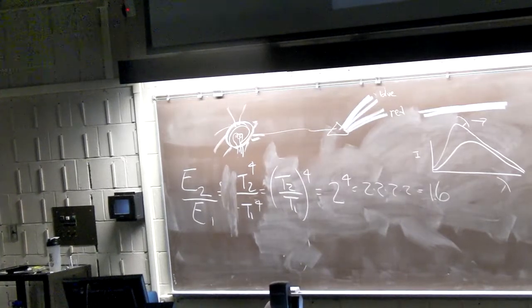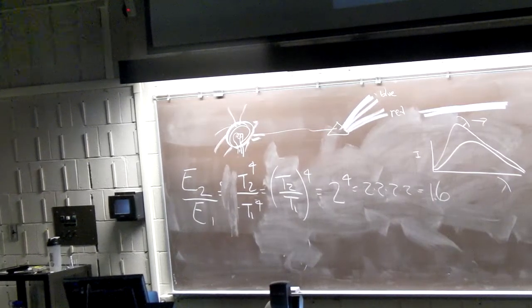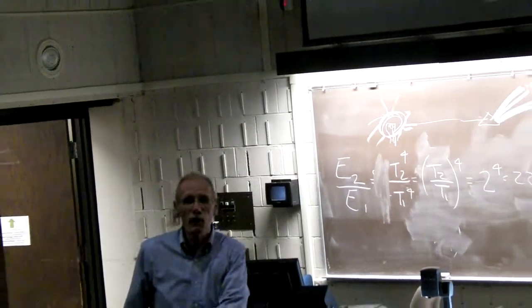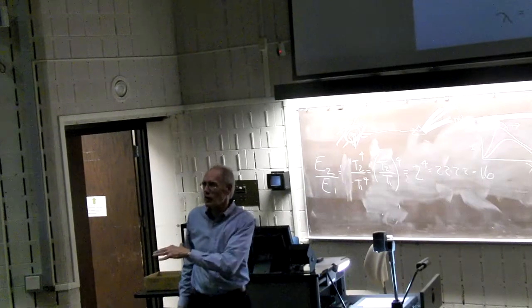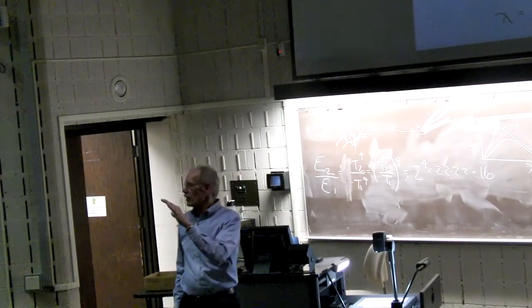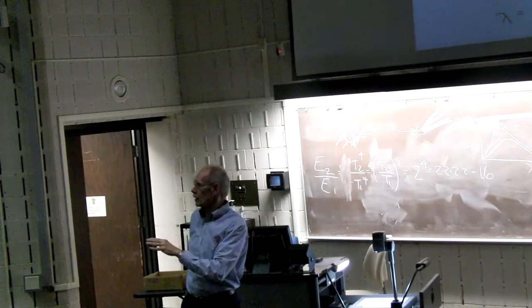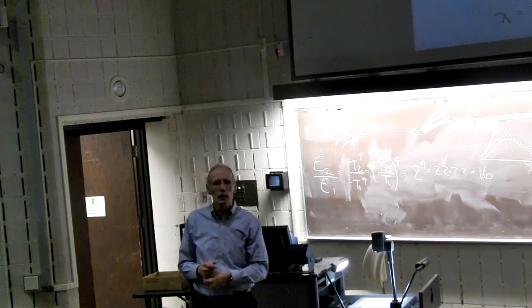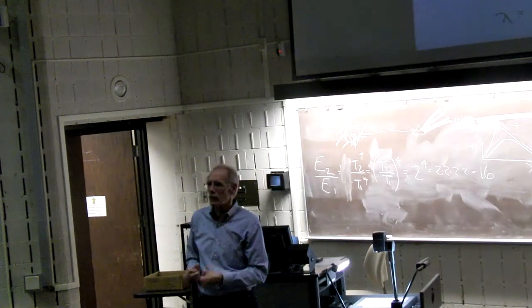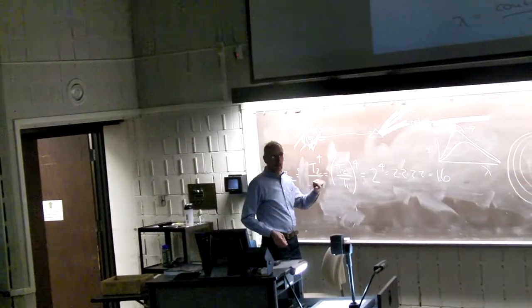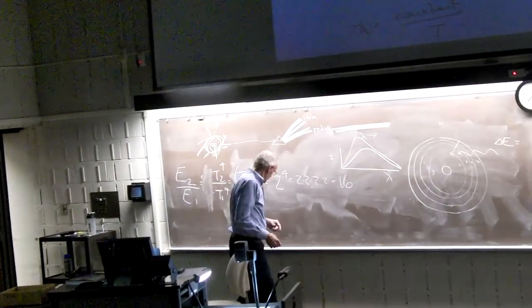We could go the other way. Suppose we have a star that has a temperature of 10,000, and what would it be if it was 5,000? That's half as much. So it would end up being, to the 4th power, 1/16. The other thing, this tells me the ratio, how much more energy it gives off per second. The other thing we could say, if the sun